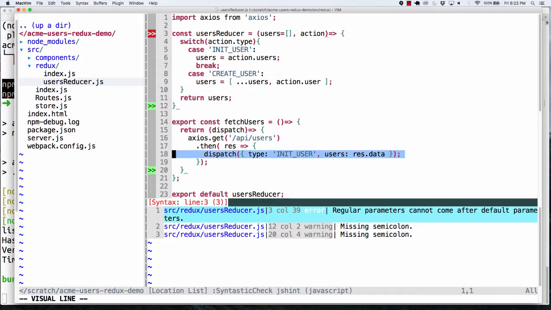So these are second order functions. Again, it's not that complicated. The dispatch method says, what you pass me, if you pass me a function, I'll call it and I'll send the dispatcher. If I just get back a regular object, I'm going to run it through all my reducers that are combined. Okay? Let me stop